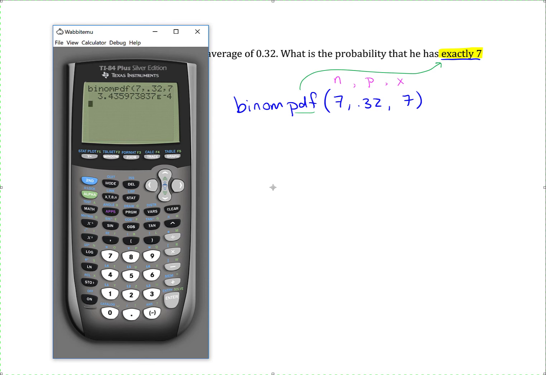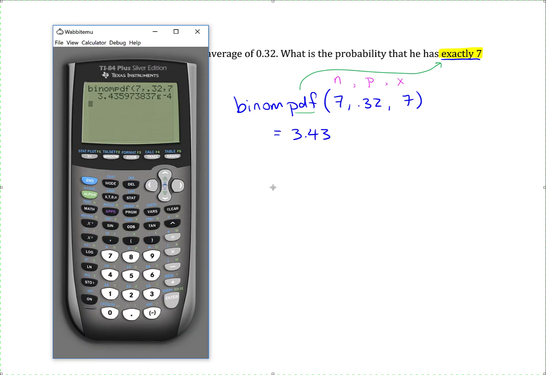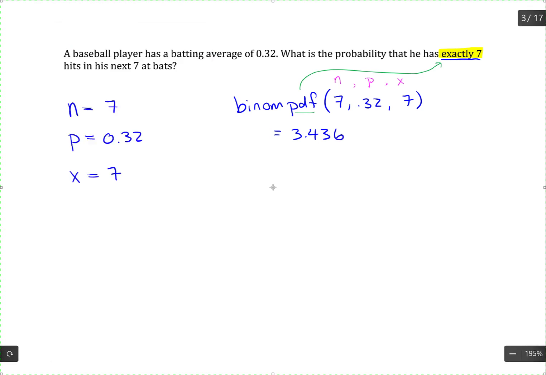It's changed the format into scientific notation. So we have, let's say, 3.436 e minus 4. So what that means is 3.436 times 10 to the negative 4th power. So all this is trying to show is that we have a probability that's small, and so scientific notation to decimal notation, we slide our decimal 4 places to the left and get